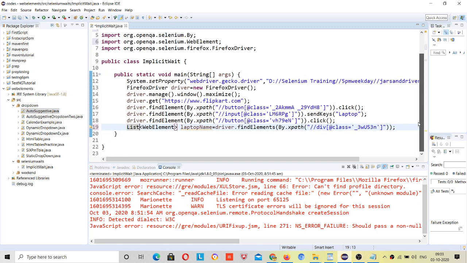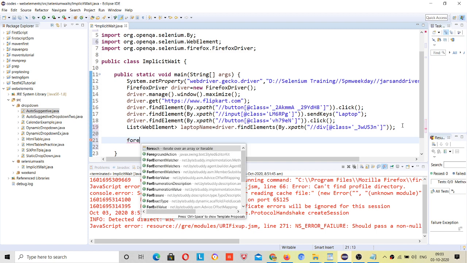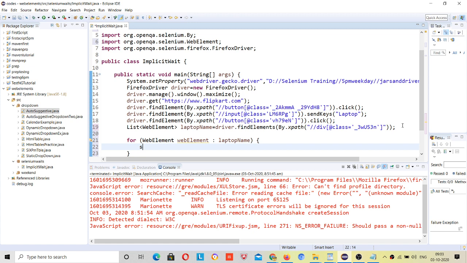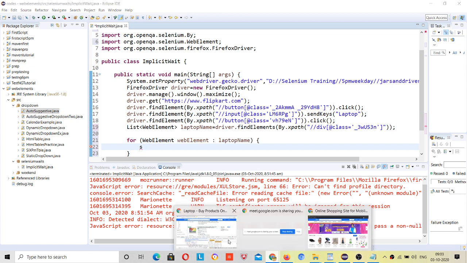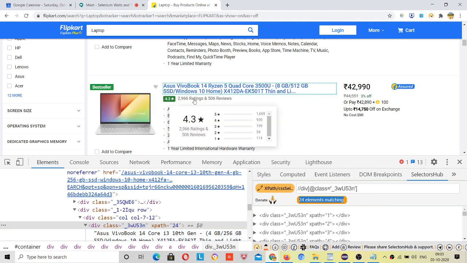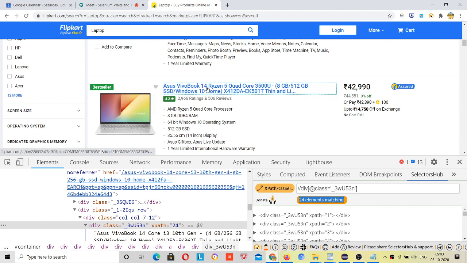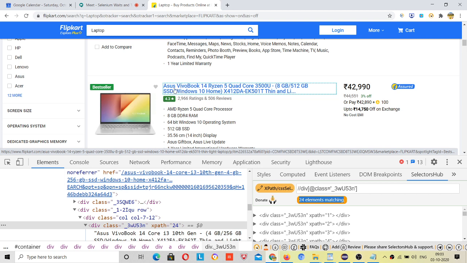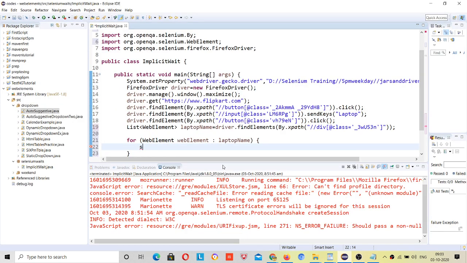Okay. Now we have to print all these, for each, and then print all this. Because see, if I am using this locator value, then it is highlighting from this corner to this corner, right? But our agenda is that inside the whole area I just want to get the text, right? So I have to use the getText method.